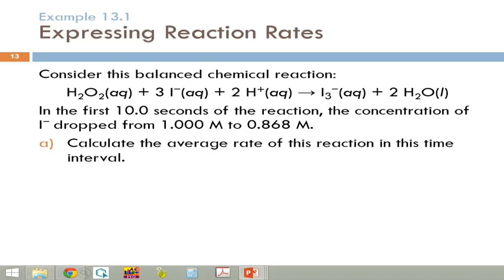But so here's an example expressing reaction rate. It says, consider this balanced chemical equation. It says, in the first 10 seconds, the concentration of iodide ion drops from 1 molar to 0.868 molar. Calculate the average rate of this reaction in that time interval. So we have information about the iodide concentration. So then we're going to say the rate equals something to do with the iodide concentration, because we don't know about any of the other species. So the rate equals